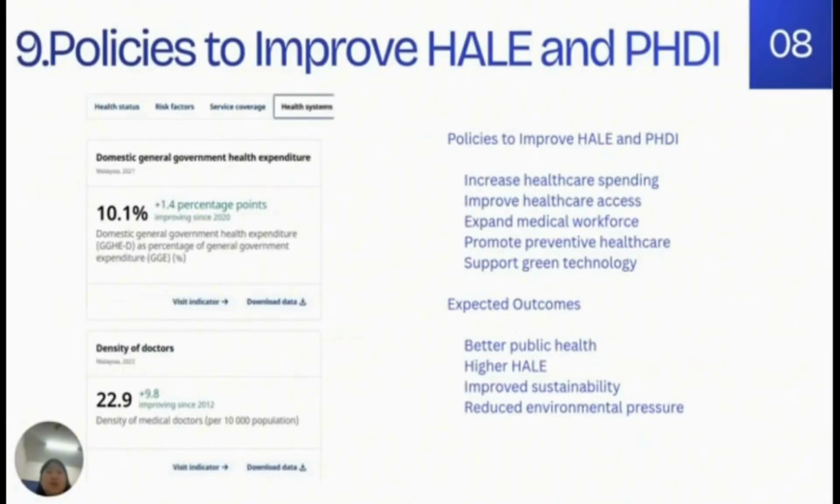To improve both health and PHDI, Malaysia needs stronger social and environmental policies. First, the government should increase healthcare spending and improve healthcare access, especially in rural areas. Second, Malaysia should strengthen preventive healthcare by promoting healthy lifestyles, exercise, and anti-smoking campaigns. Third, expanding the medical workforce and healthcare infrastructure